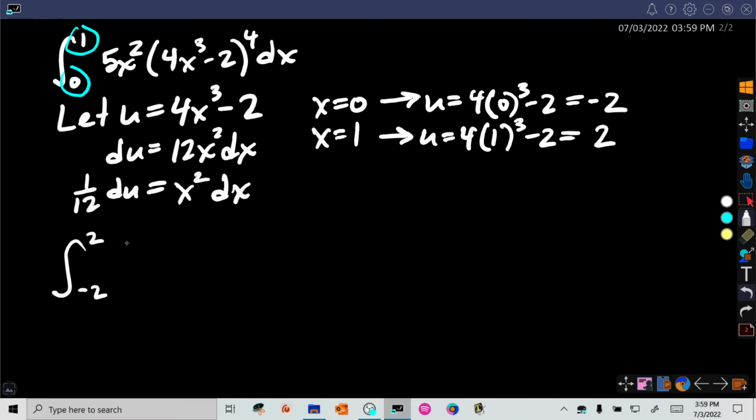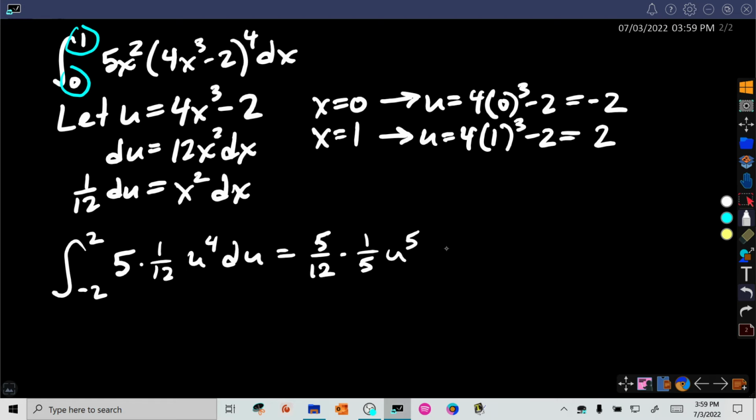of 5 times 1/12 u to the 4th du. So 5/12 times, and then the integral is we increase the power by 1 to the 5th and then divide by 5. So 1/5 u to the 5th plus c, but we're not going to do the plus c obviously, so then it's going to be between minus 2 and 2. So that cancels with that, and I'm going to be left with